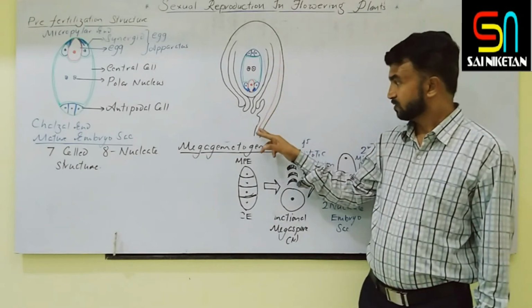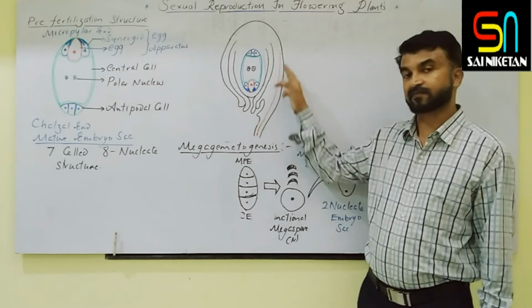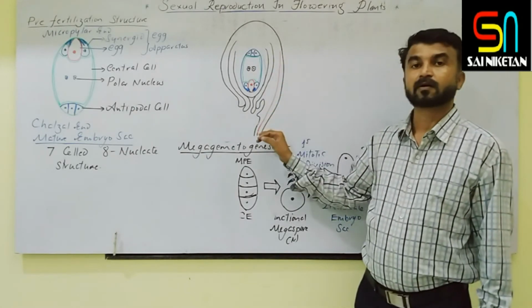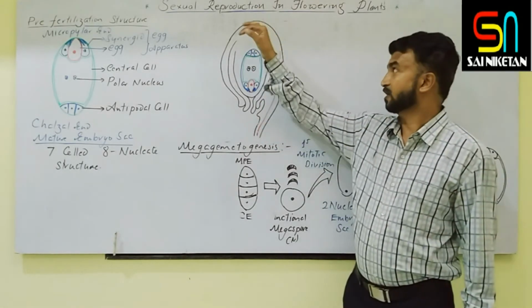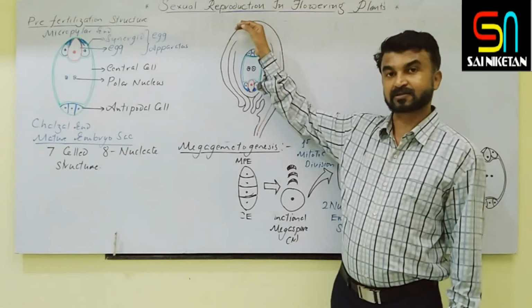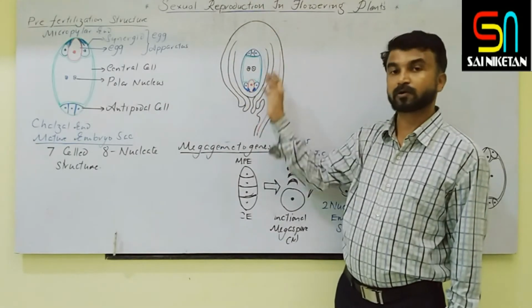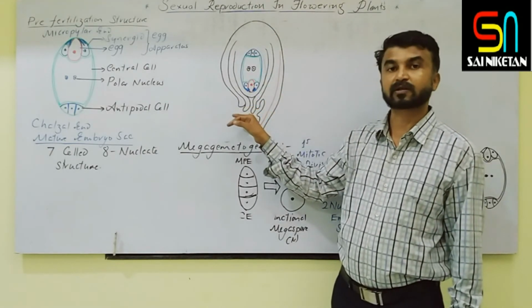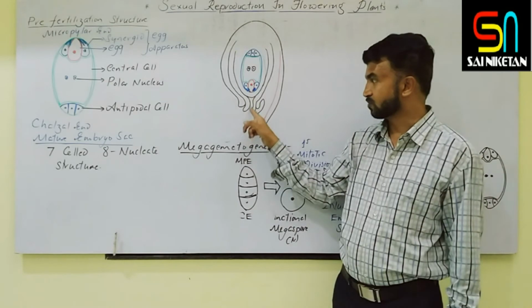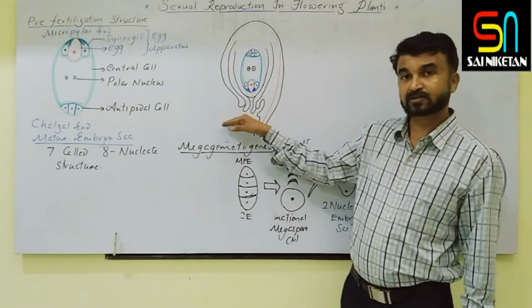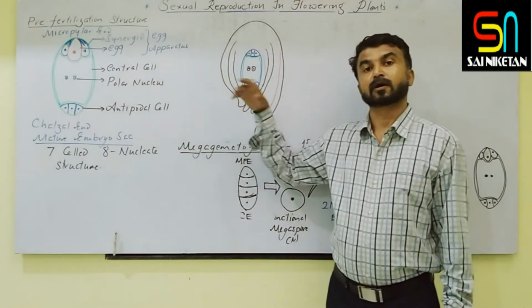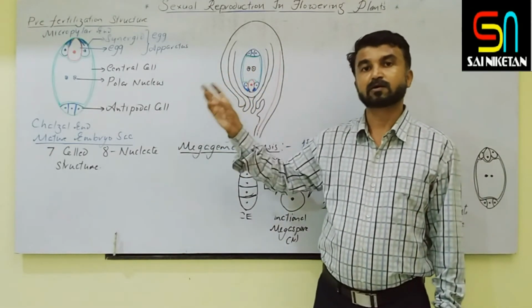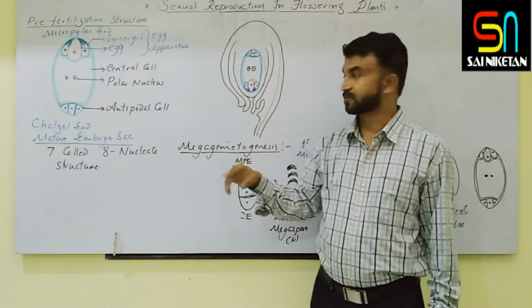Clear? So the ridge-like structure is there, that is called the raphe, that will supply the nutrition to the ovule. So this end is called the chalazoid end. From this point, integument arises. One integument will cover the ovule completely except one point where the integument is totally absent. This point is called the micropylar end. So this end is called the micropylar end, this end is called the chalazoid end. The number of integuments may vary, either 1, 2, 3, sometimes integument is absent.